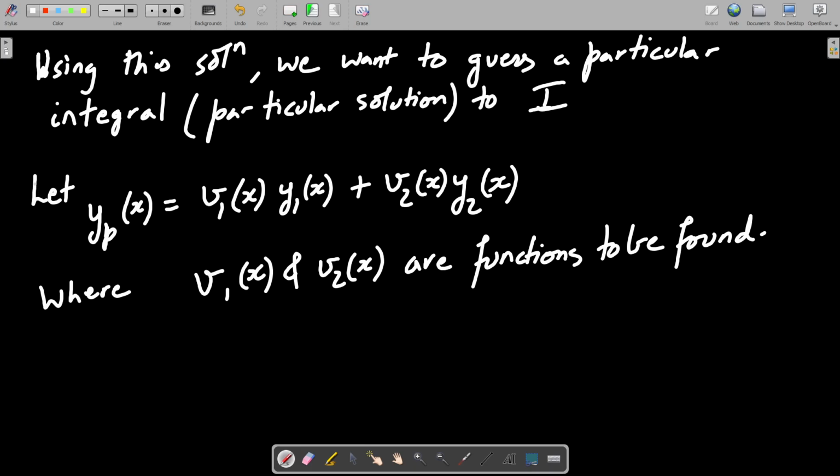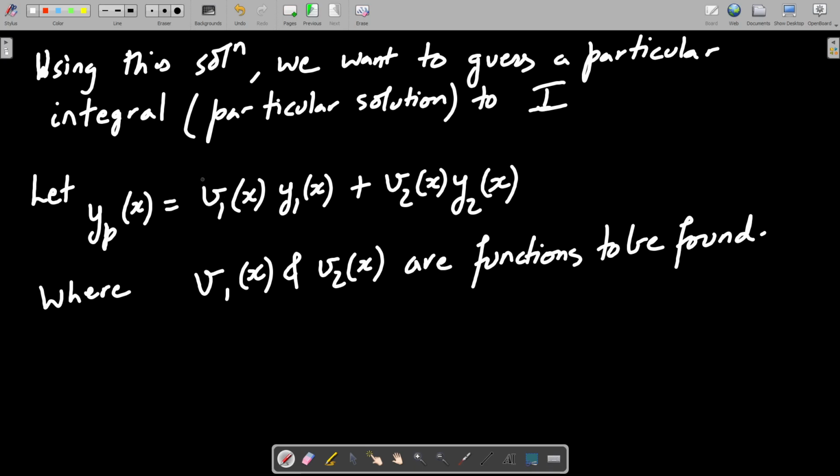It might also be possible that you have made a mistake in your assumption. It might be that y1 and y2 are not linearly independent, that you have taken the same solution twice. Same solution means y2 is a scalar multiple of y1. If this is sin x, then this is 2 times sin x. If this is x square, then this will be 2x square, just a multiple of it. That might also be the reason if you cannot find v1 and v2.